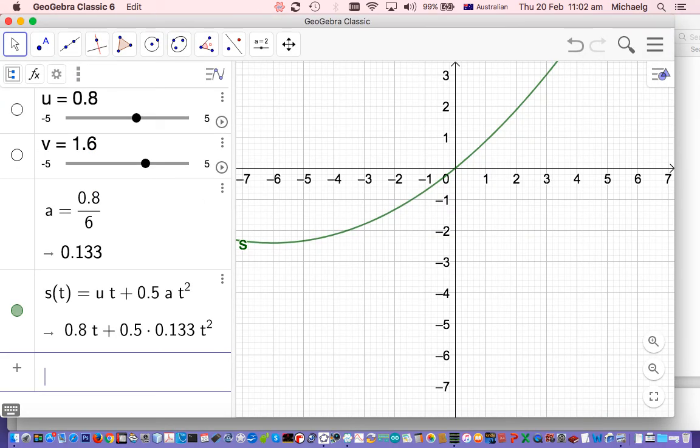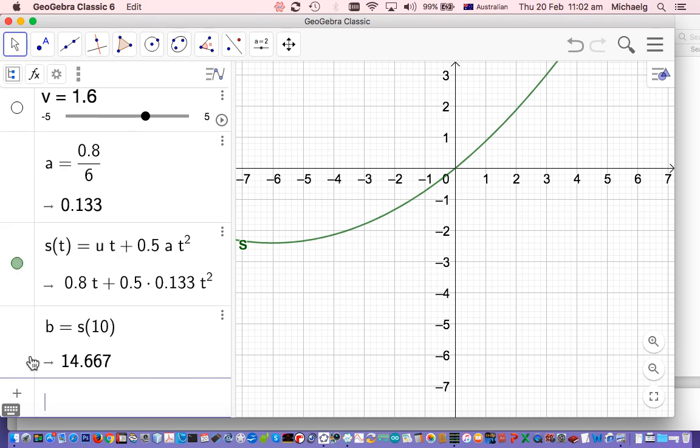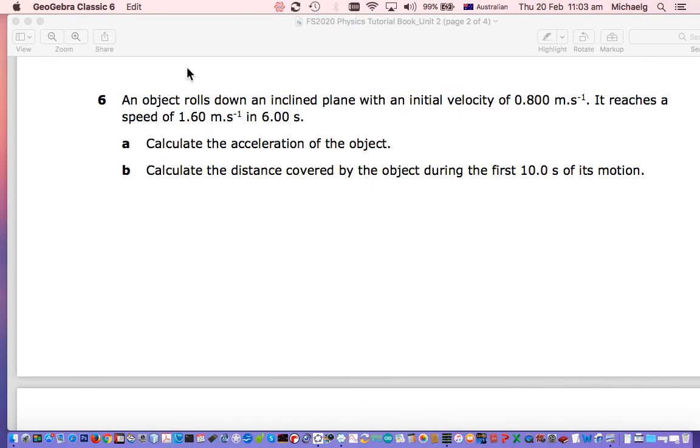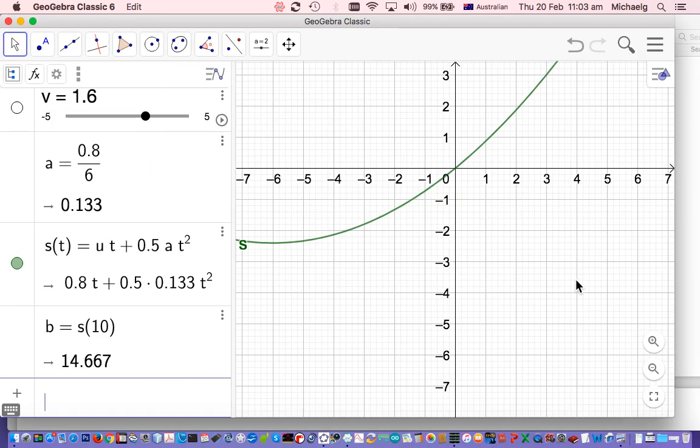So what I'm going to do is come back here, S brackets 10. By putting S brackets 10, that's saying the displacement at T equal to 10, and it has given me this number here of 14.67. Okay, so we are working to 3 significant figures, so this would become 14.7. So that's how many meters will be covered in the first 10 seconds,